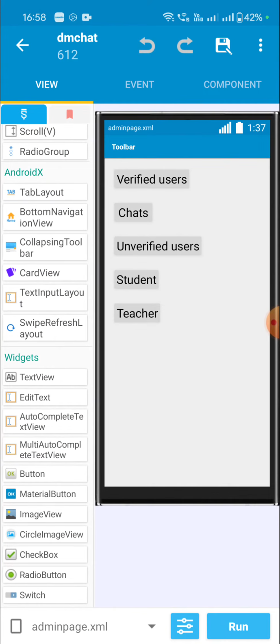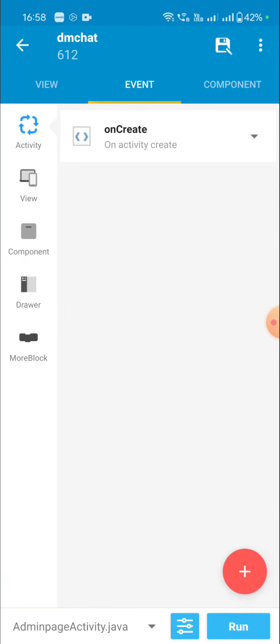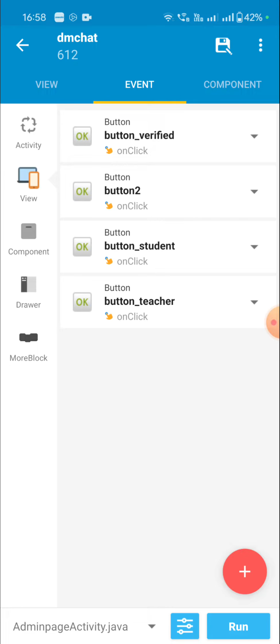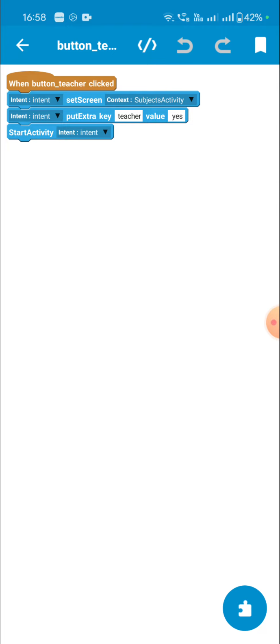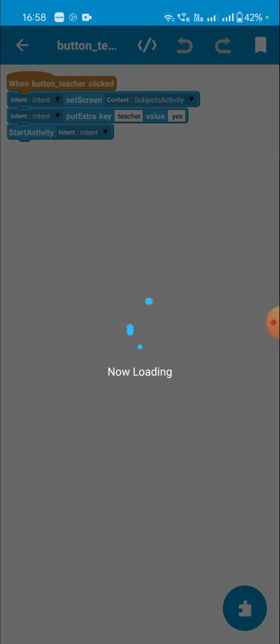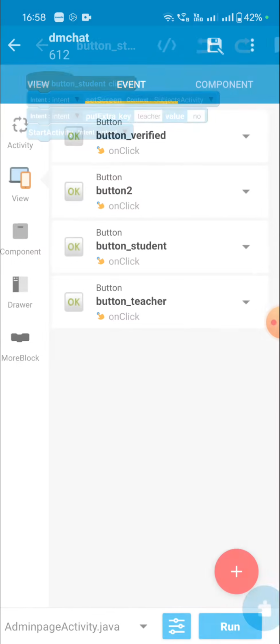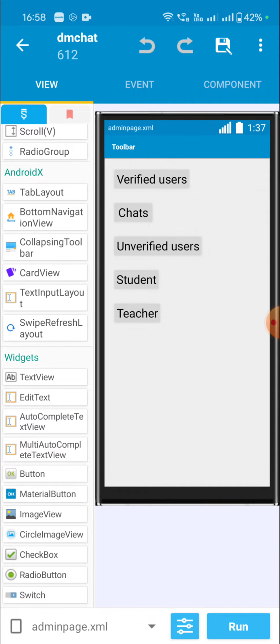So here I have two buttons, student and teacher. When teacher is clicked, I move to subjects activity, and here I put an extra key, teacher, value yes. And when the button student is clicked, then I put extra key teacher, value no. So we move to